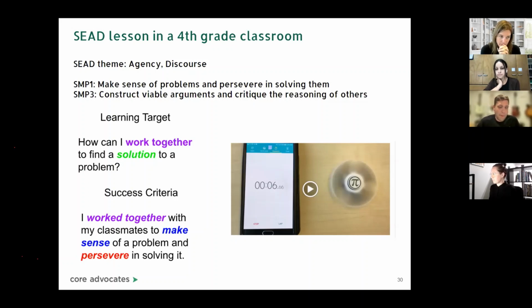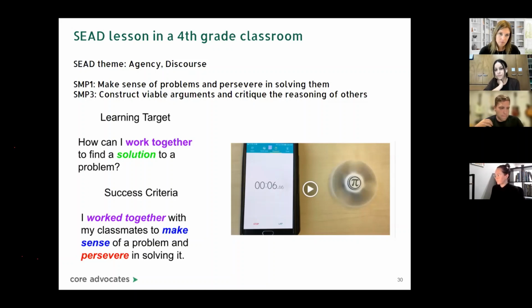And I noticed that my learning target and success criteria were focused on a math practice and not on a content standard. And it was very difficult for me to do that. Now, having said that, there is a content standard and it's very much involved in the lesson. But from a planning perspective, I wanted to start with the math practice and start with how they're going to be learning.